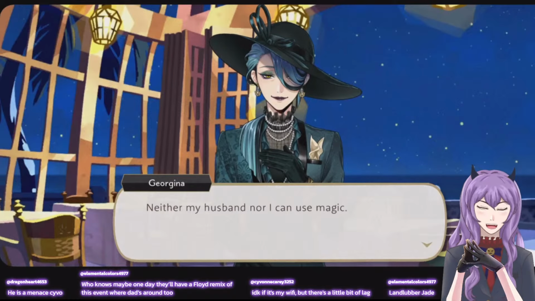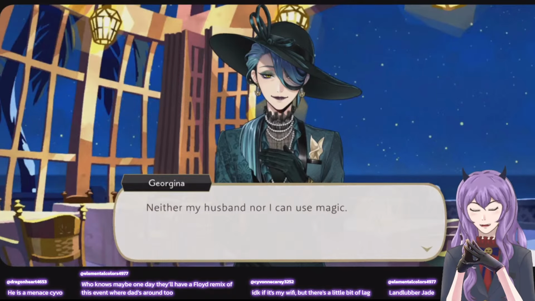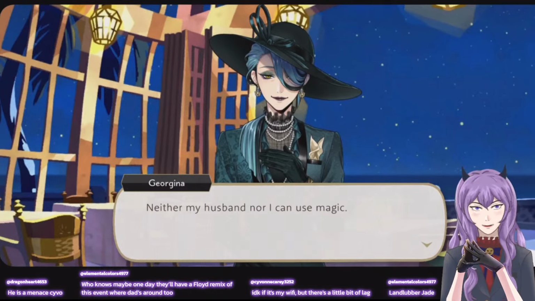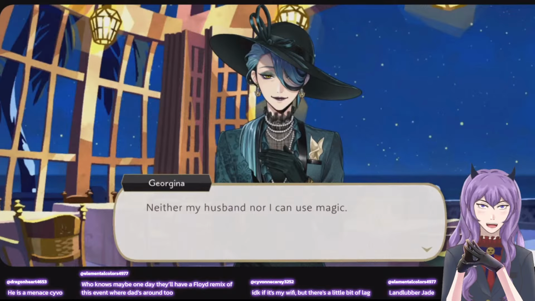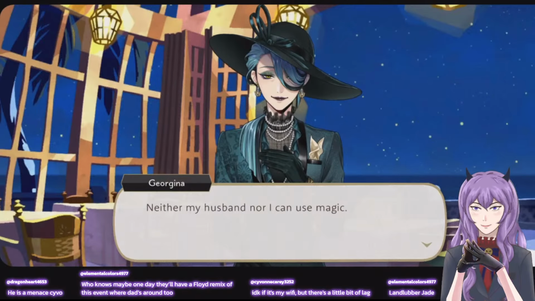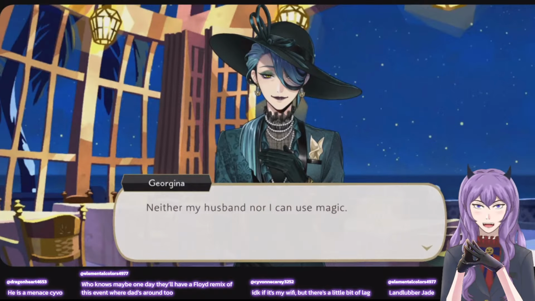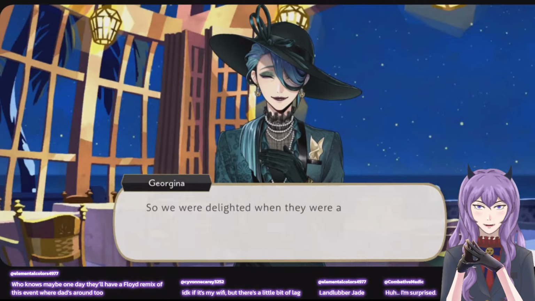I didn't realize. I forgot about this, that Georgina and Papa Leech can't use magic. I don't know why in my head I just envisioned Georgina being like really good at magic. But I guess they're just non-magic users. Huh.